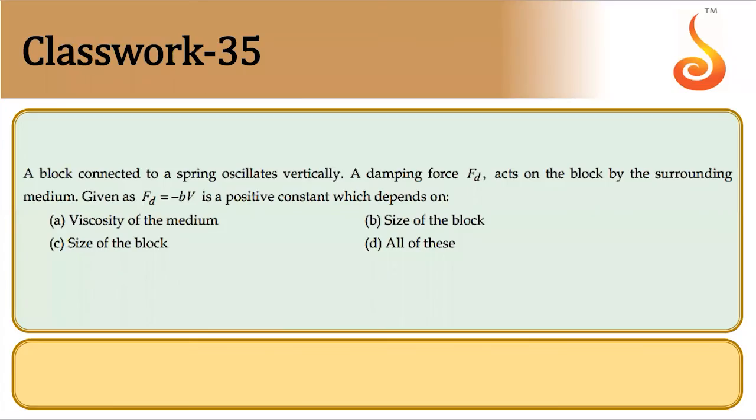A block connected to a spring oscillates vertically. A damping force Fd acts on the block by the surrounding medium. The damping force is given by minus b into v, where b is a positive constant which depends on the viscosity of the medium, size of the block,